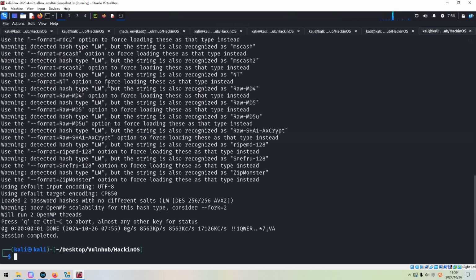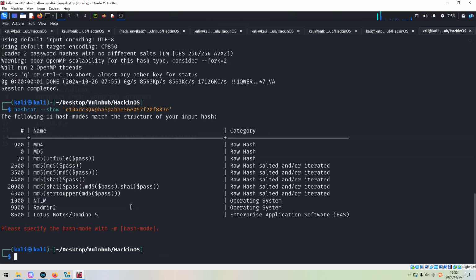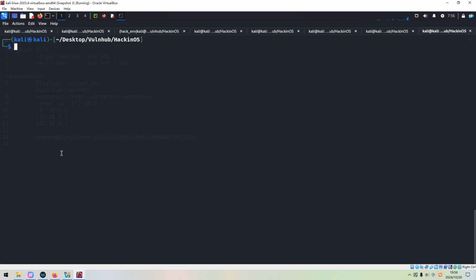If you don't know about it, we can use the hashcat show option. As you can see, this should be MD5. Then we can use the format option. Of course, different utilities have different option names for the hash.